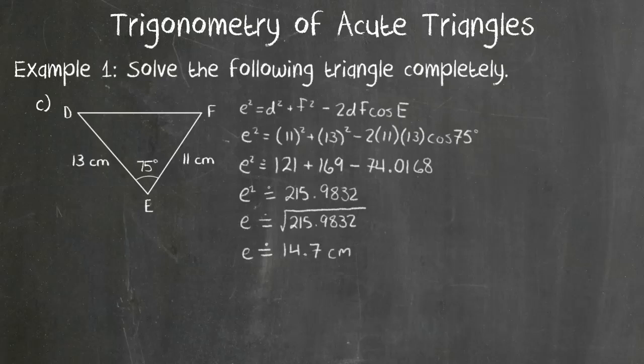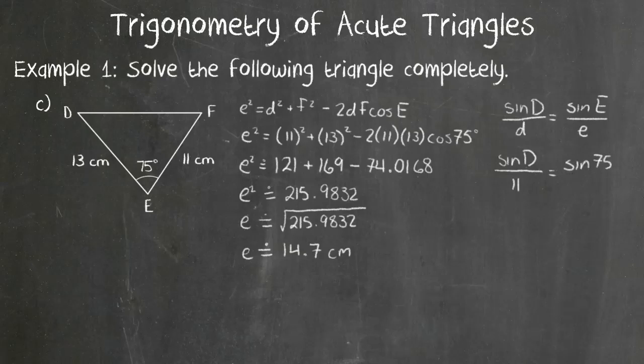I now have all 3 sides and one angle, so I'm going to find my second angle using sine law. So the sine of angle D over side D is equal to the sine of angle E over side E. We sub in what we know, so the sine of angle D divided by 11 is equal to the sine of 75 degrees divided by 14.7. I multiply by 11 in my process of isolating for angle D. So 11 times the sine of 75 divided by 14.7